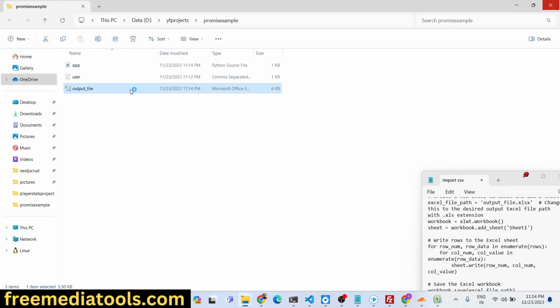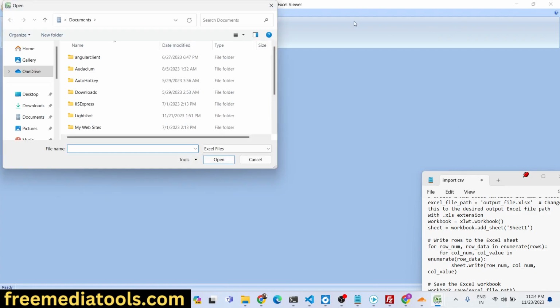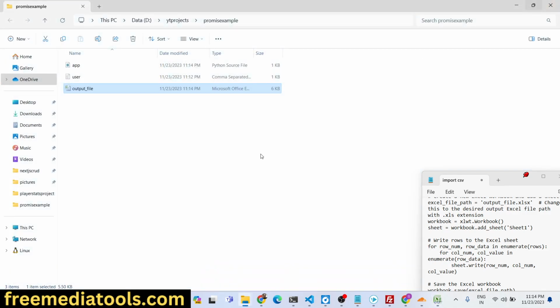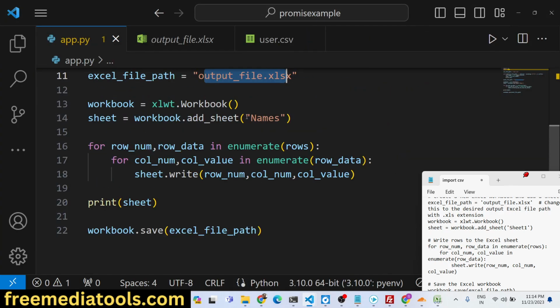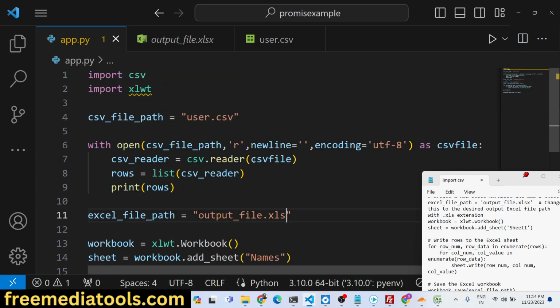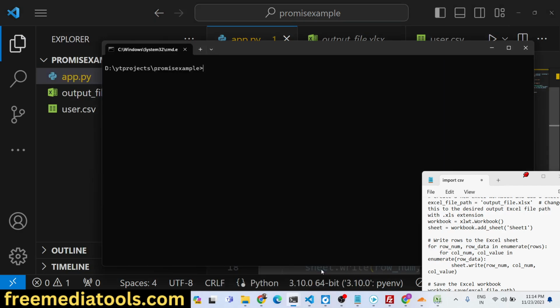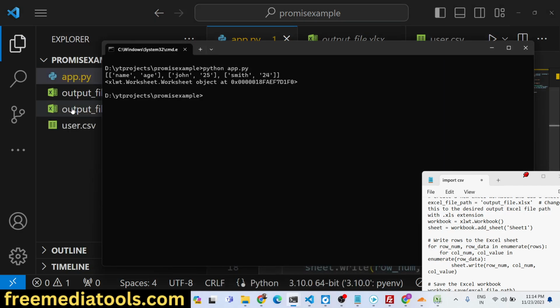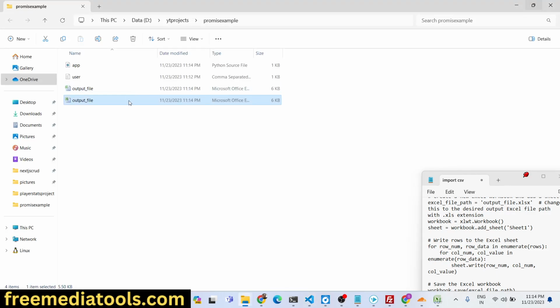If I try to open this file, you will see. Okay, I think you need to name your file with the xls extension. There are two variations of Excel file, guys, XLS or XLSX. With the help of this library, you can create an XLS file, this one. If I try to open this file here,